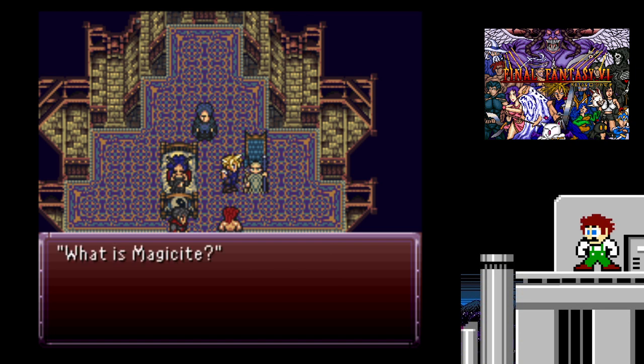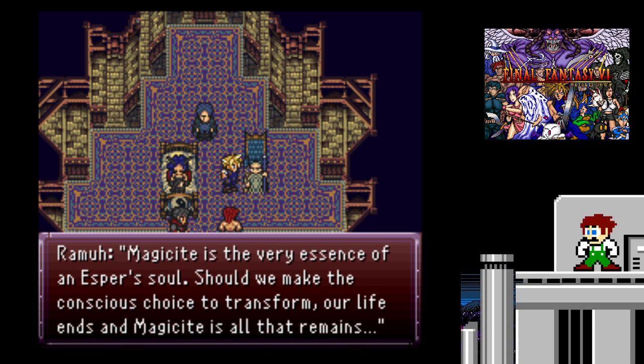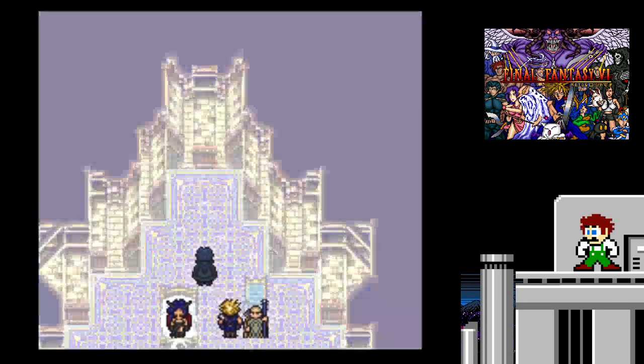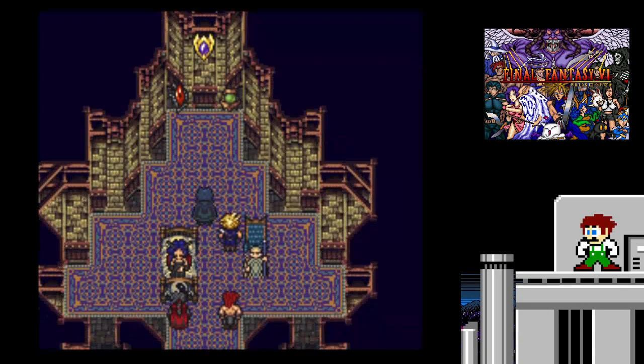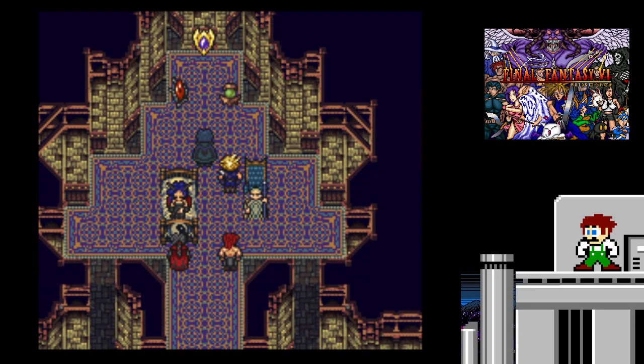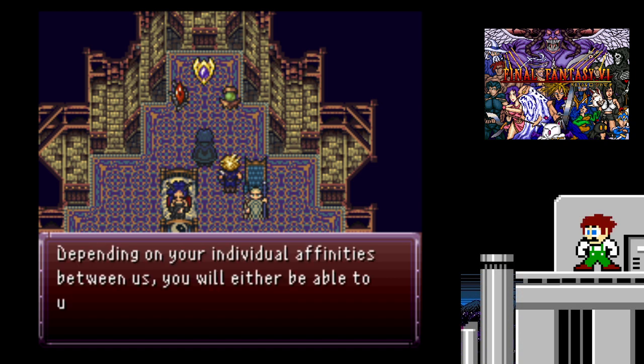What is Magicite? Magicite is the very essence of an esper's soul. Should we make the conscious choice to transform, our life ends and Magicite is all that remains. These are my companions who fell as we fled the facility. I will give you my power as well. Depending on your individual affinities between us, we'll either be able to utilize our powers or